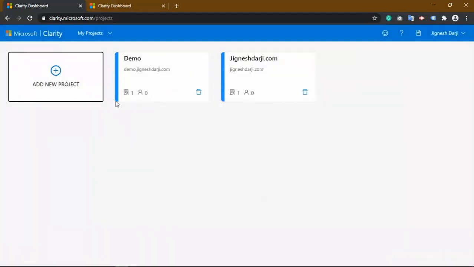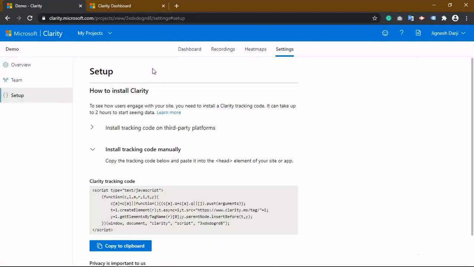When you click on create, you can see your project is ready here, and let's click on that particular project. To set up Clarity for our website, we need to authorize that this website belongs to our account, and for that we need to paste some tracking code into the website itself.